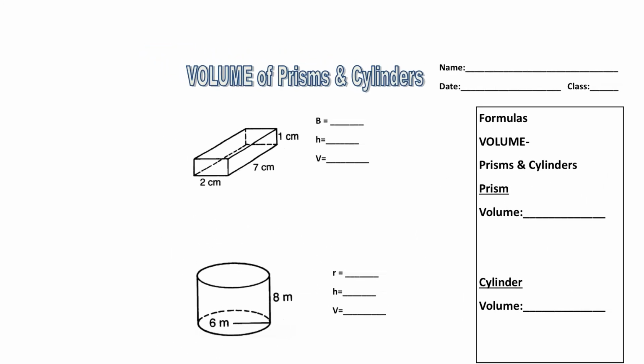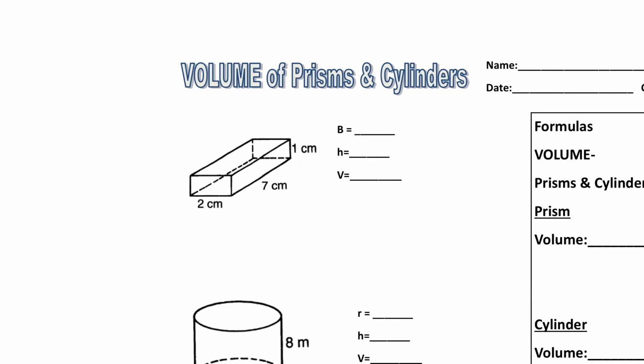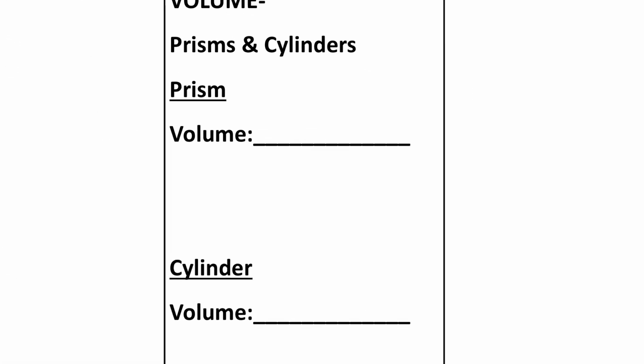Okay, so today we're going to start talking about volume of prisms and cylinders. Okay? We'll talk about volume. So let's flip back over here. For a prism, just write these down again real quick. Volume equals B times H. For a cylinder, volume equals pi r squared times H, which